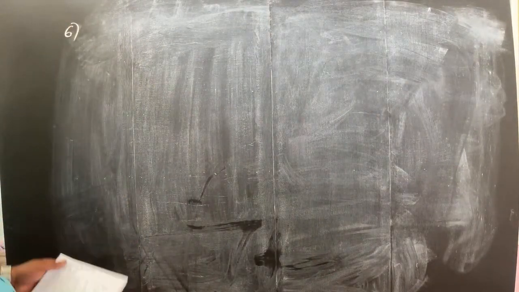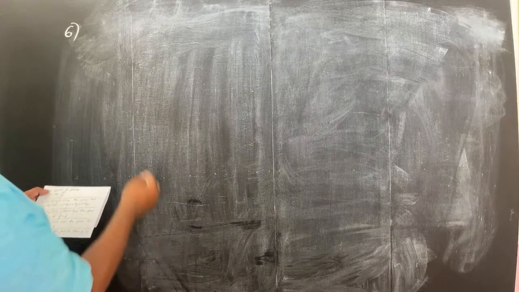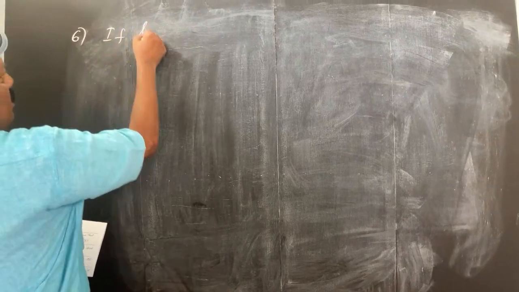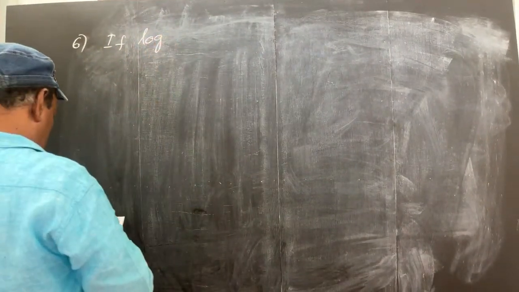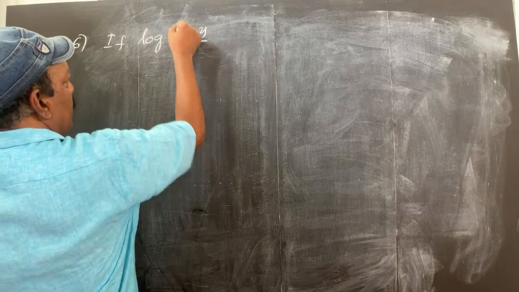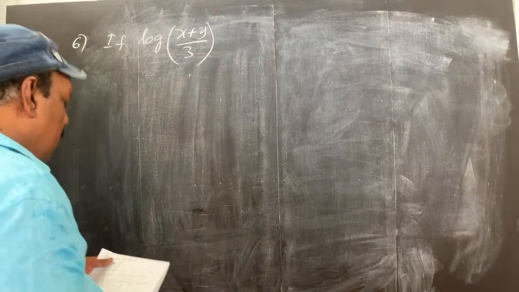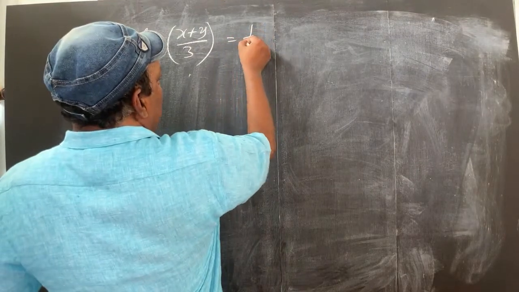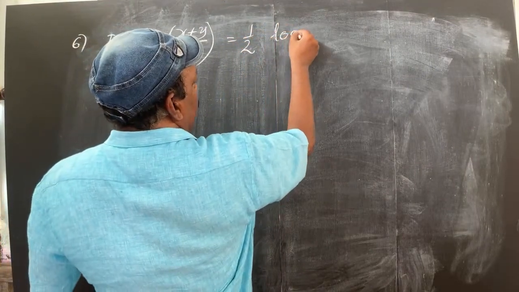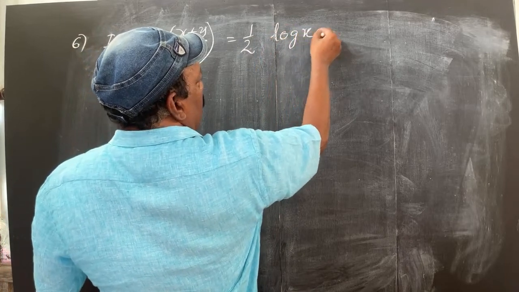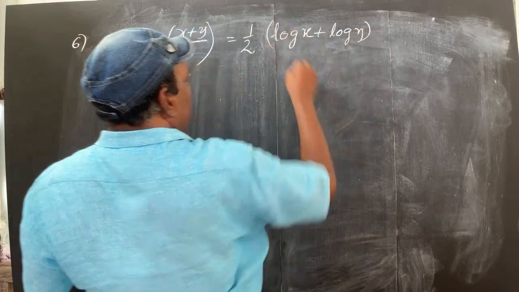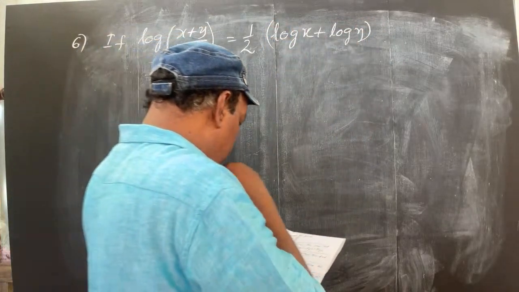Now sum number 6 here. What is that sum number 6 about? You can see if log of (x plus y) by 3 is equal to half of log x plus log y, then find the